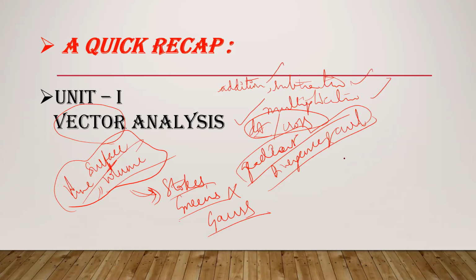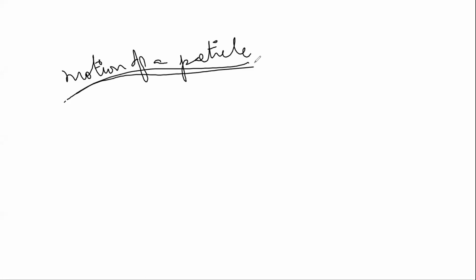We have solved some few problems. Okay, now let us go for the next topic today. Let me share you the whiteboard and explain you. This is unit 2. We are dealing with unit 2 today. Main thing is we are going to understand the motion of a particle. The basic fundamental thing which you have learned in your intermediate, kinematics and dynamics. The combination of those two you learn here in motion of a particle.